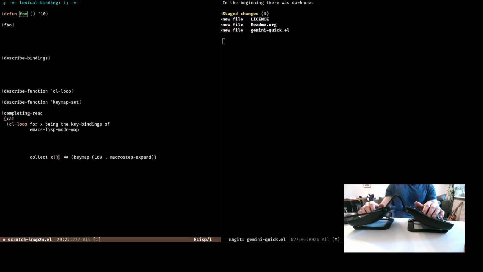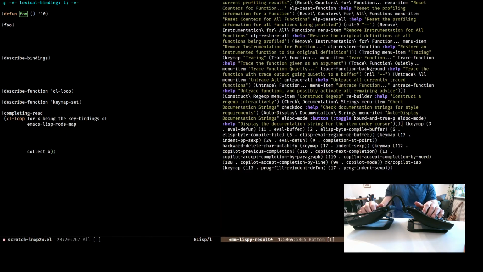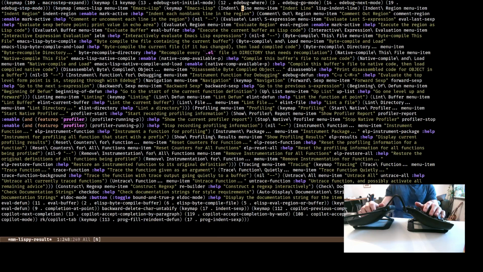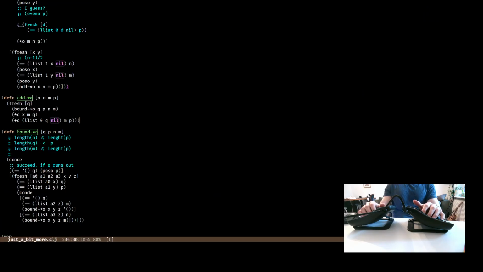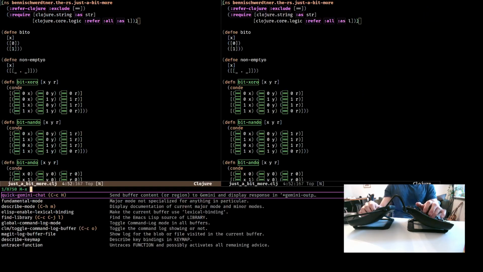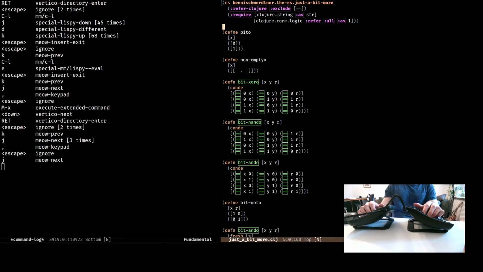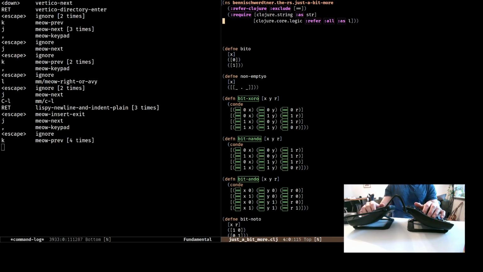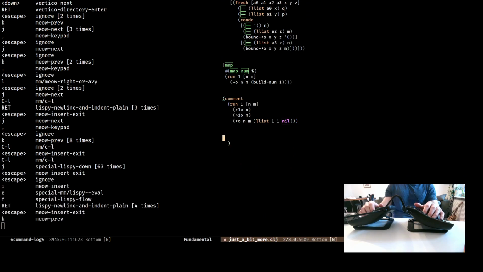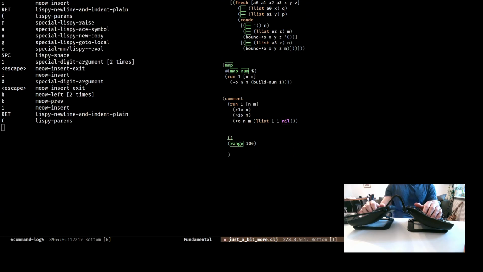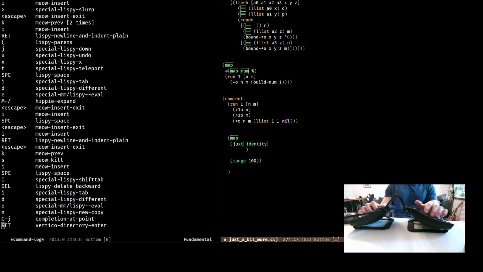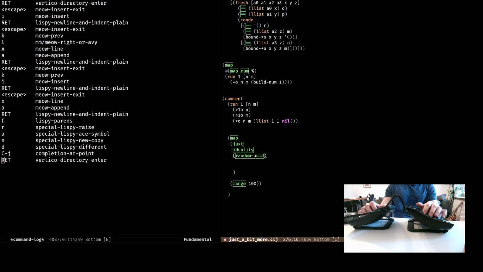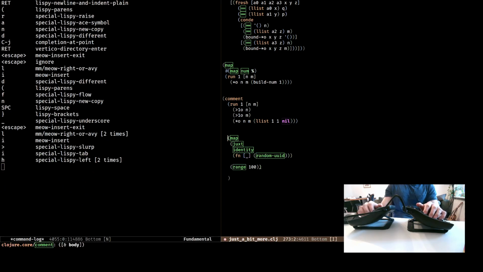I look at a big outcome, like the one here, like the complete keymap or something like that. And here it's a data structure that I have in my Emacs Lisp buffer. I didn't set this up for Emacs Lisp so nicely. I have set this up for Clojure, which is my language of choice. This command log thing is slowing stuff down a little bit, but in Clojure, if I have a data structure, let's say this, and then map juxt identity, and then take every number and then just make a random UUID